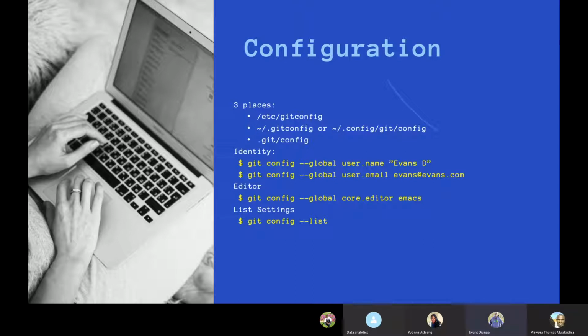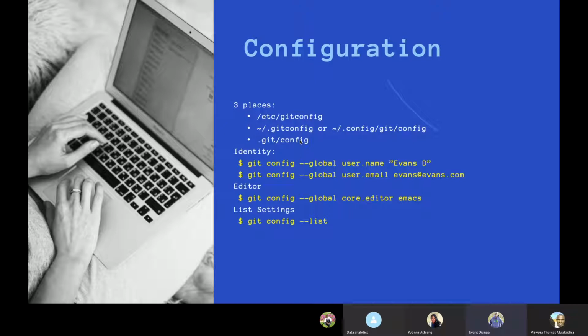That is the system-wide config, and the thing is that it affects all the users across the whole computer or across the whole system. And then the next one applies specifically to you. These are the config files. This is where all the options for a specific user are stored. Basically, it is in home/.gitconfig or home/.config/git/config. And then lastly, we have .git/config which exists